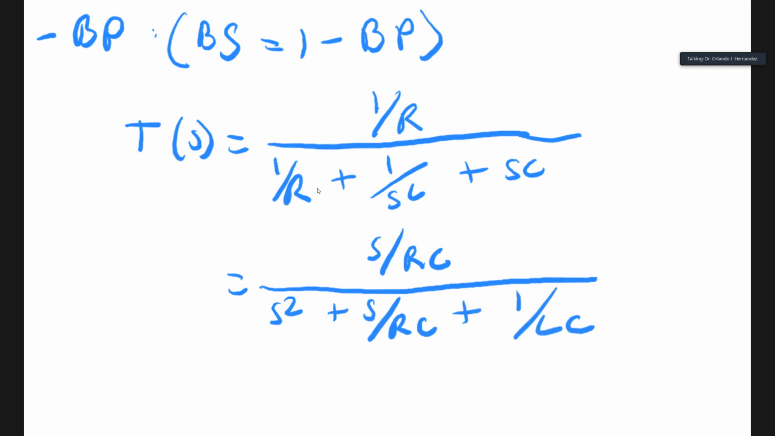So notice that the denominator is always the same. What changes is the numerator, which are the zeros of the transfer function. Any questions so far? Although of course you know that you can ask questions at any time, but this is a good time because